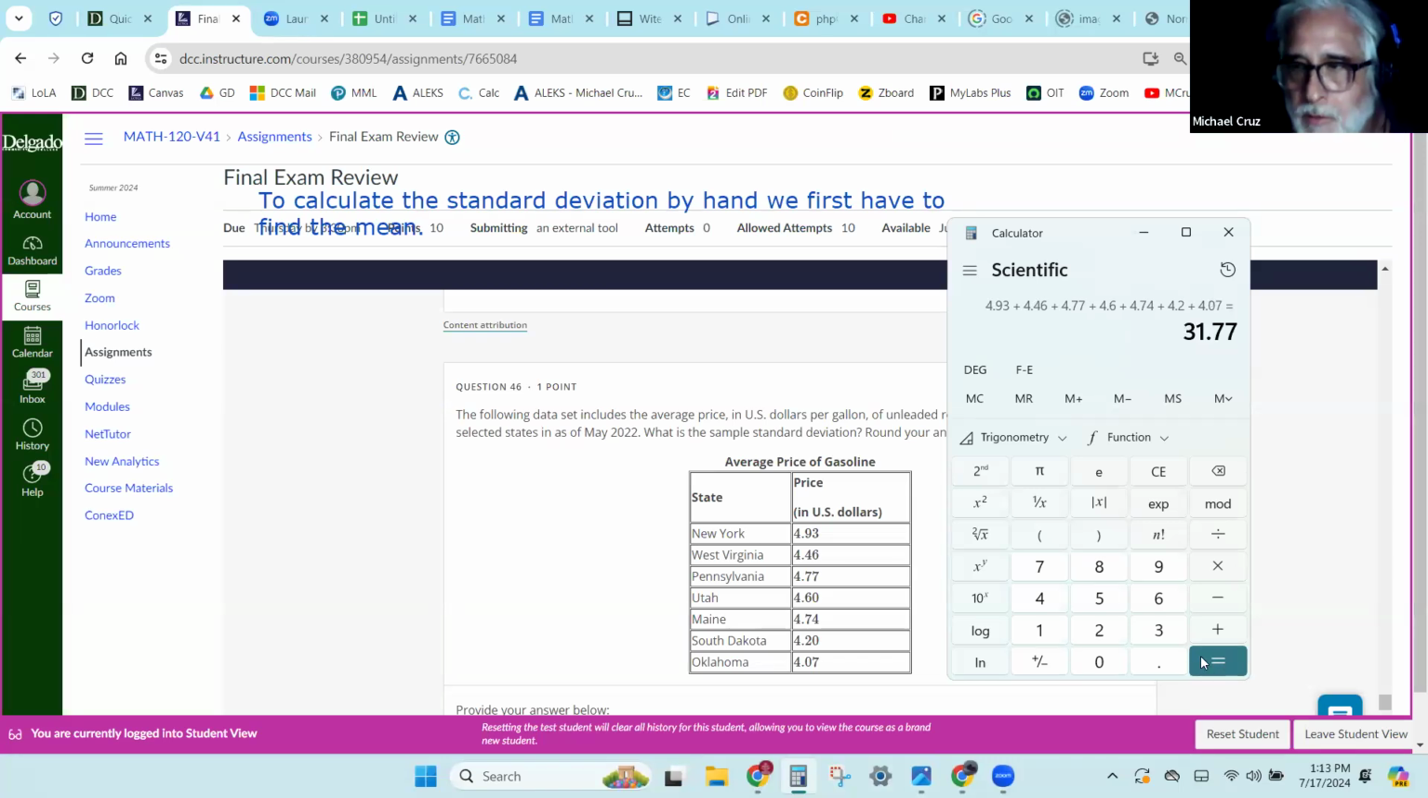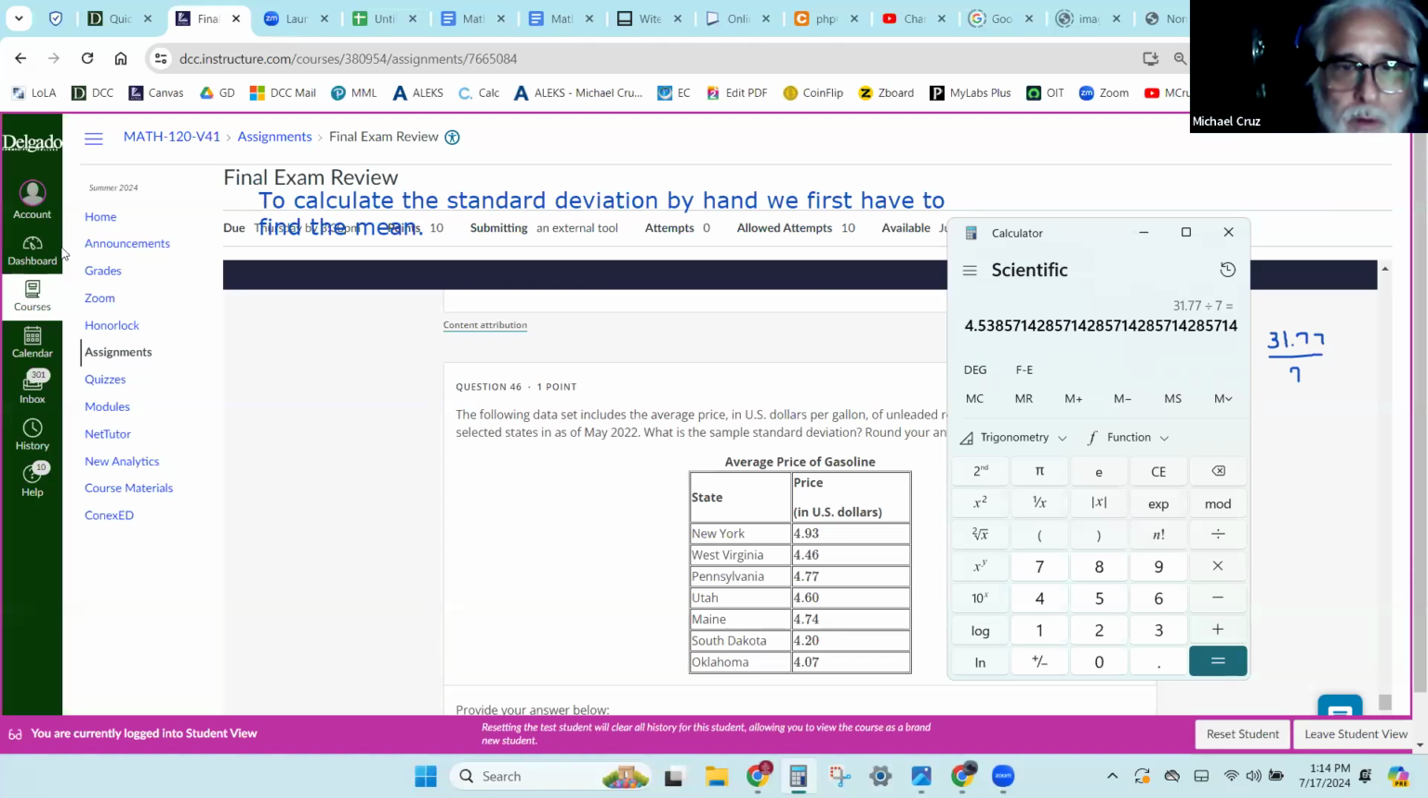All right, so that's 31.77, divided by, how many were there? 1, 2, 3, 4, 5, 6, 7. So this is our mean. So 4 point,